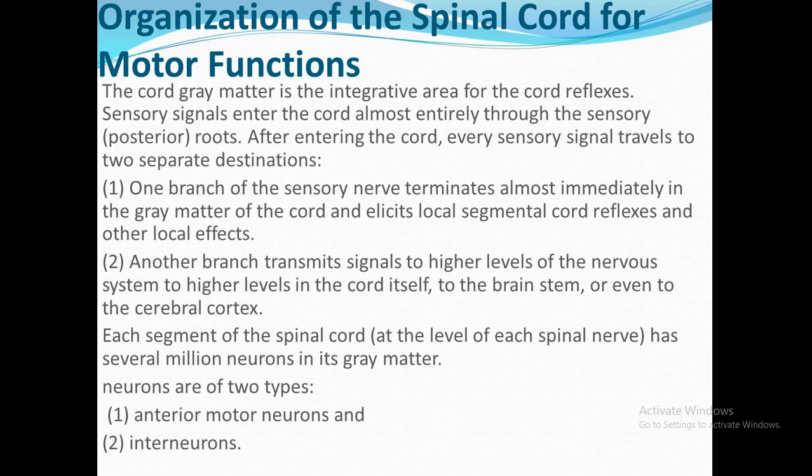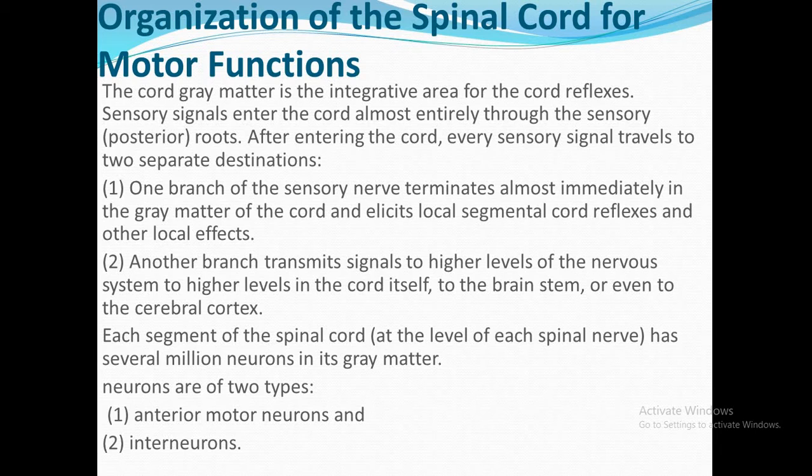Organization of the spinal cord for motor functions. The cord gray matter is the integrative area for the cord reflexes. Sensory signals enter the cord almost entirely through the sensory posterior roots. After entering the cord, every sensory signal travels to 2 separate destinations. The first,